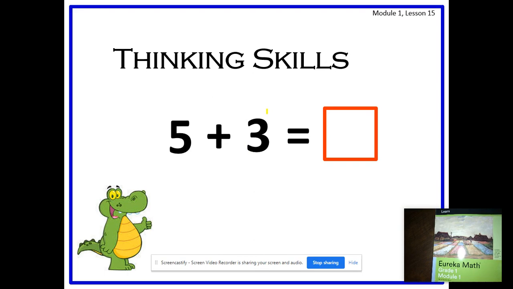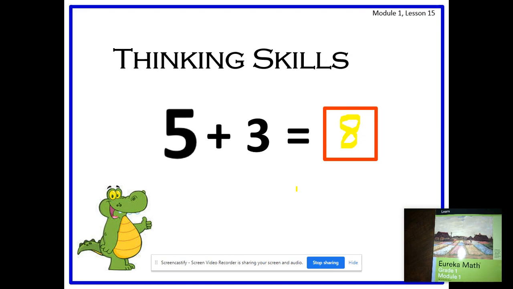Get ready. Yes, 8. Let's read the number sentence starting with 5. Get ready. 5 plus 3 equals 8. Awesome. So this strategy is easy, right? Some of us just use our brain. Those are called thinking skills. Next strategy